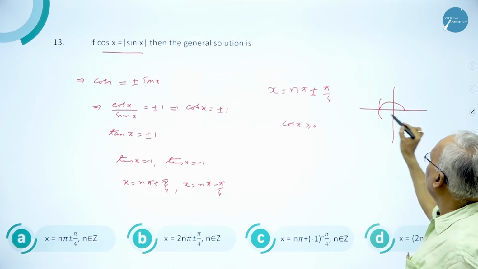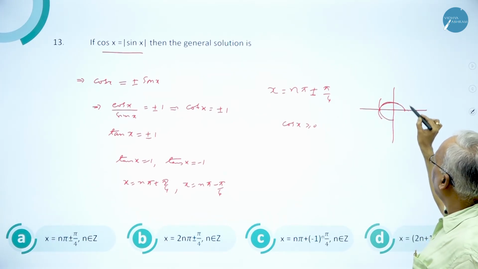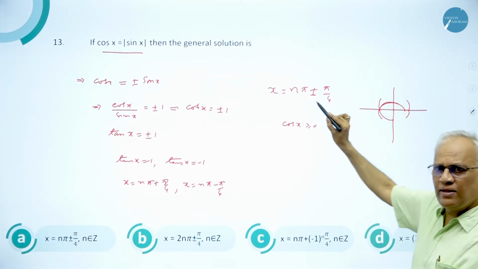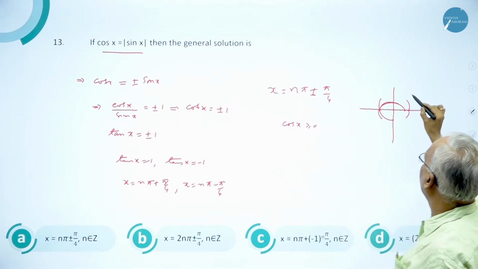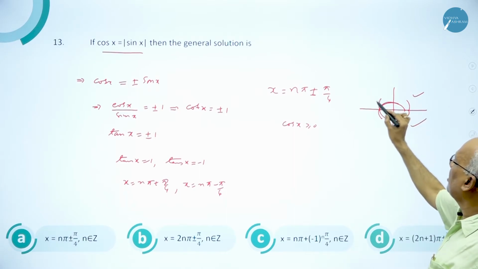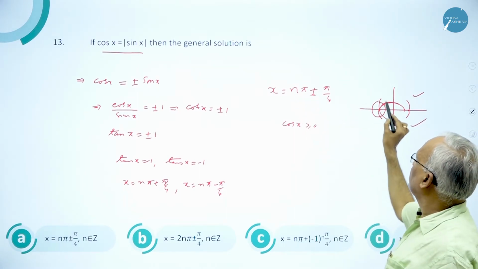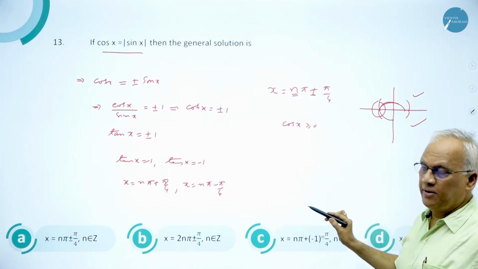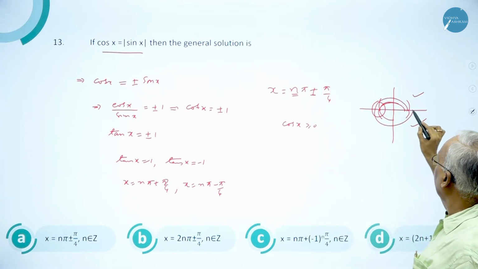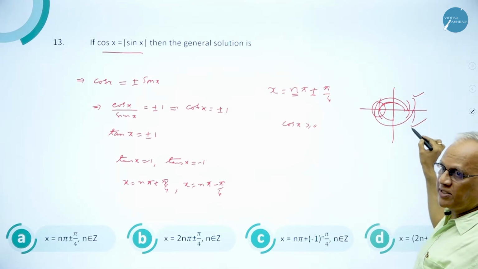If it is even pi, it comes to this 2 pi, plus or minus, it takes you to all the 4 quadrants. But you must know, cos is positive only in first and fourth quadrant. You should not allow this to go to second or third. Suppose you set n an even number. Even pi means you are here, plus or minus, it will be first or fourth.